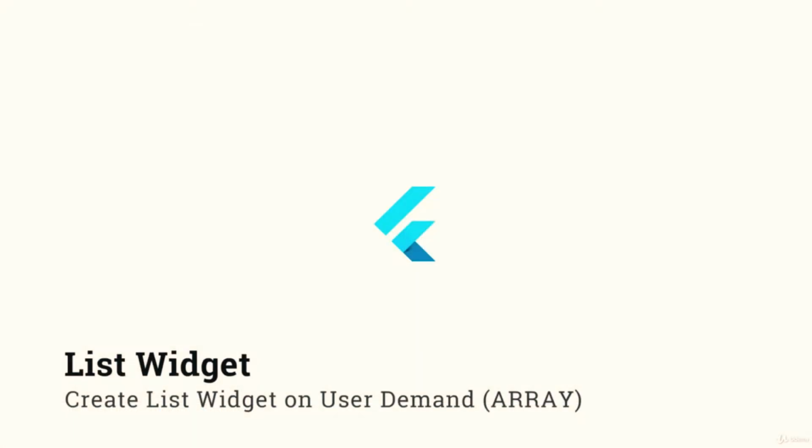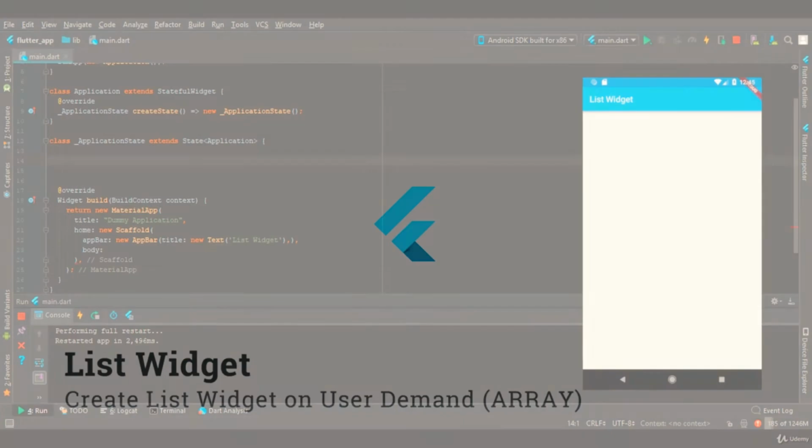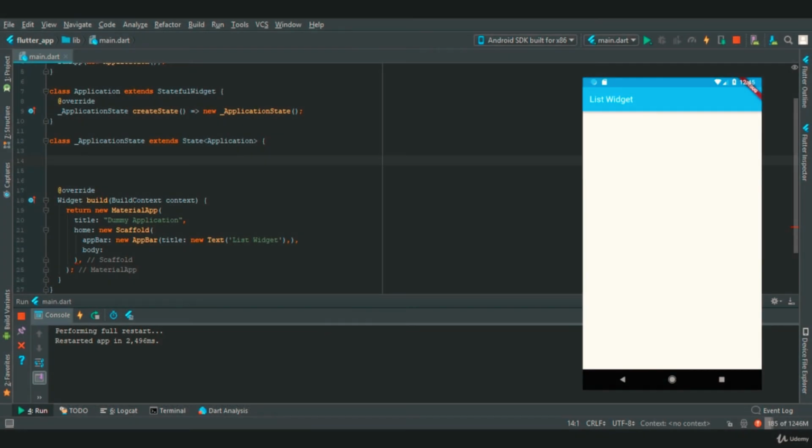In this video we are going to create a list of arrays. So hypothetically consider that you want to display user data of 50 people. So this can be achieved using this code. So the first thing that we are going to do is create a list array. In this we will only consider int, and then we will provide a variable name, let's say items equal to new list.